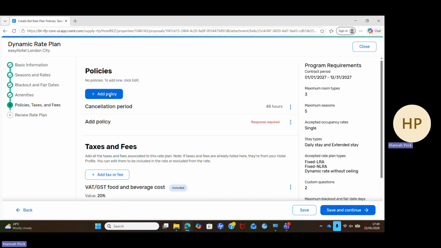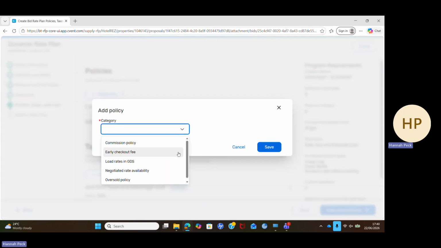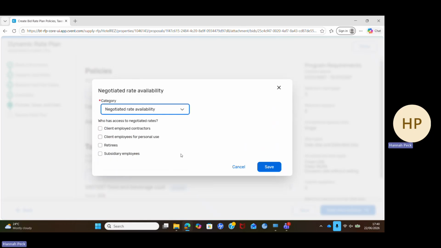Okay, and then other policies may also include early checkout fee, whether or not the rate's going to be loaded in the GDS, negotiated rate availability, and oversold policy. So as an example, we'll click into negotiated rate availability, and this is asking you who's going to have access to the negotiated rates. So for this example, you may want to include the rate for employed contractors, but you